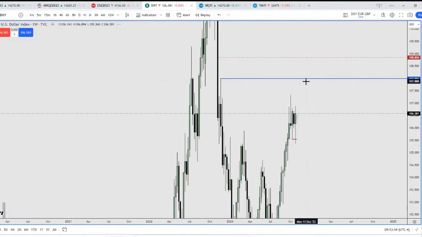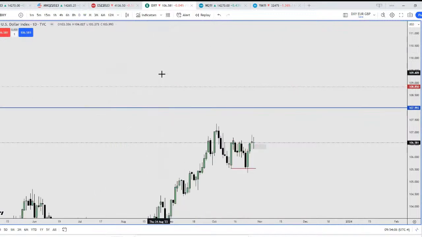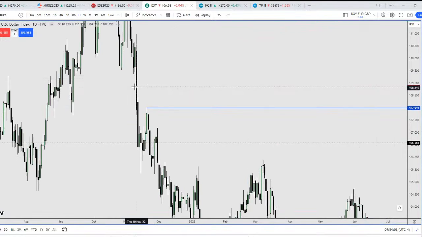The two objectives I'm looking at are the weekly swing high and the consequent encroachment of this weekly fair value gap. At the same time, in the vicinity of that consequent encroachment, we have an unfilled daily fair value gap, basically an inefficiency. So I believe price is going to run into this inefficiency after taking out this high here.